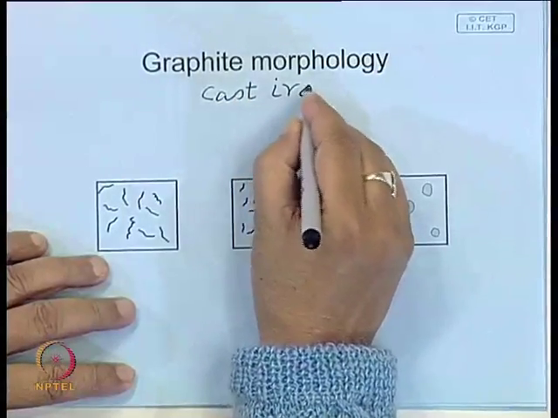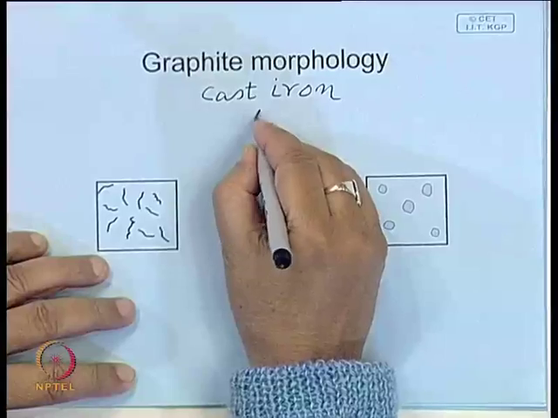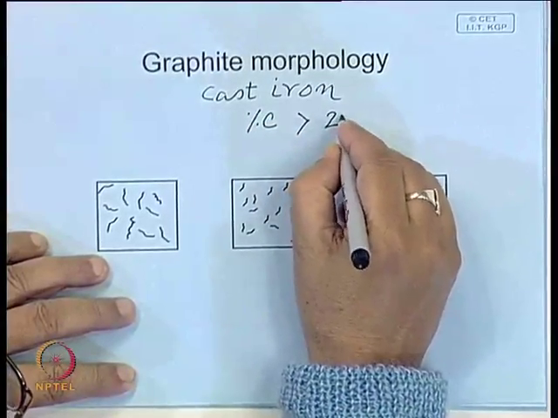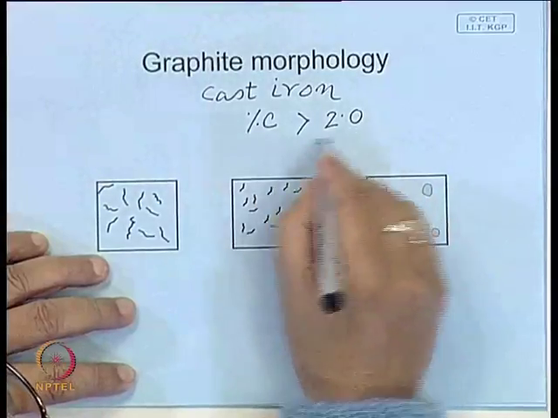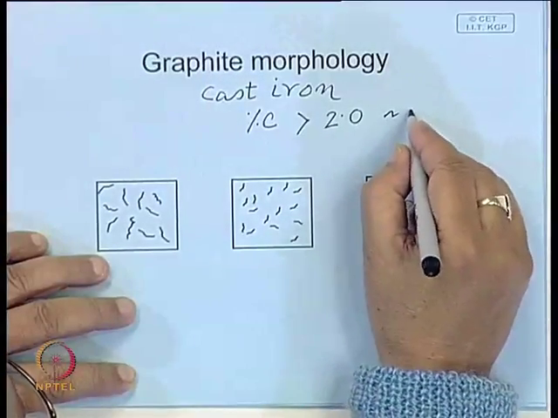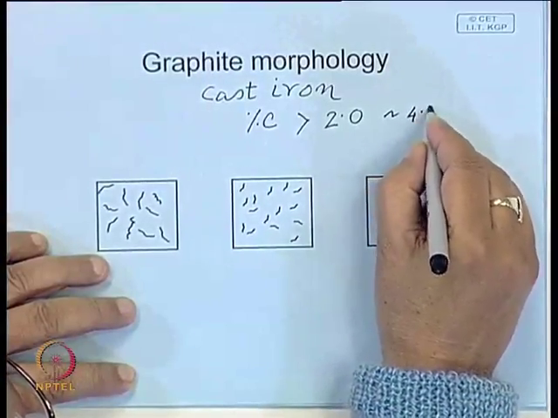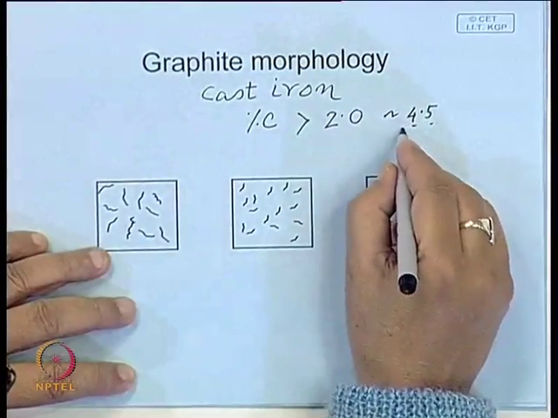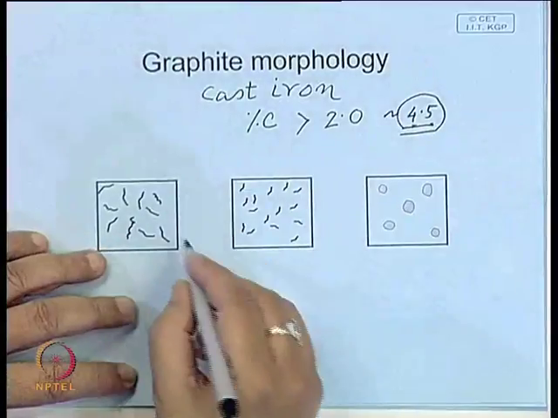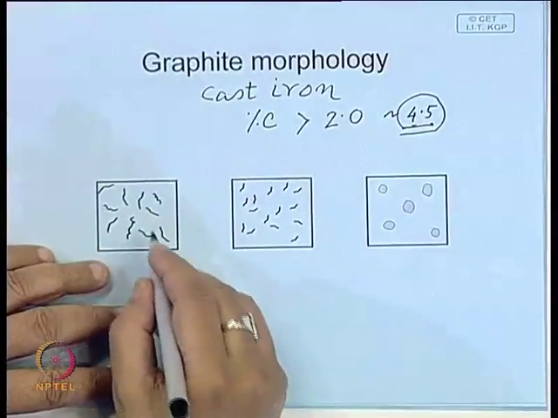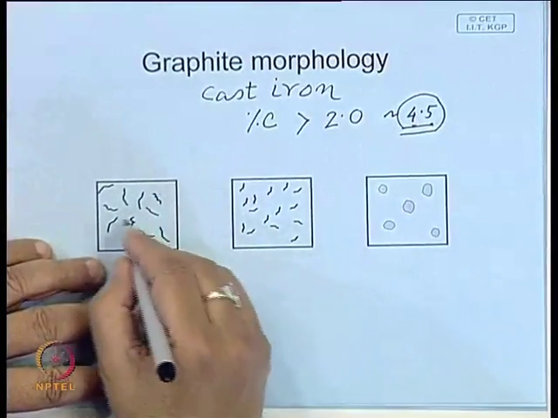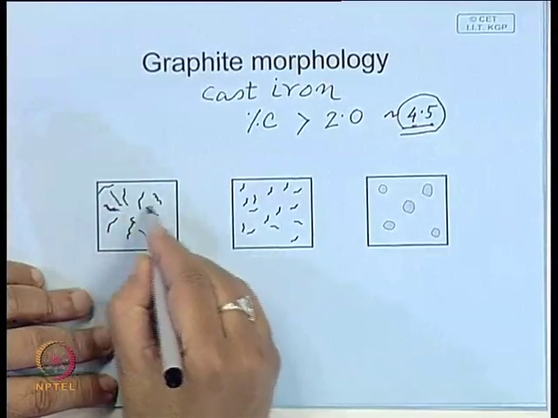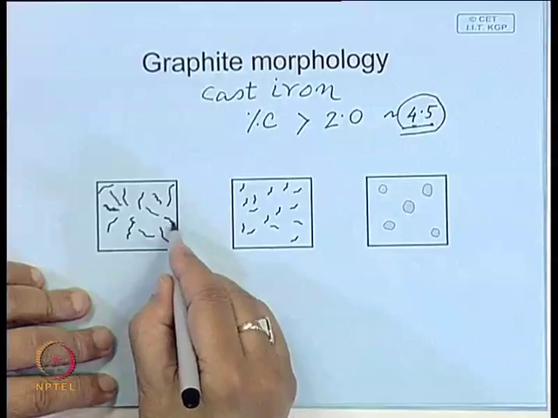Cast irons have a carbon percentage much greater than 2, particularly around 4 or 4.5 or beyond. In many cast irons with carbon of this order, the cementite breaks down and graphite is present as flakes like this, so, flaky graphite,